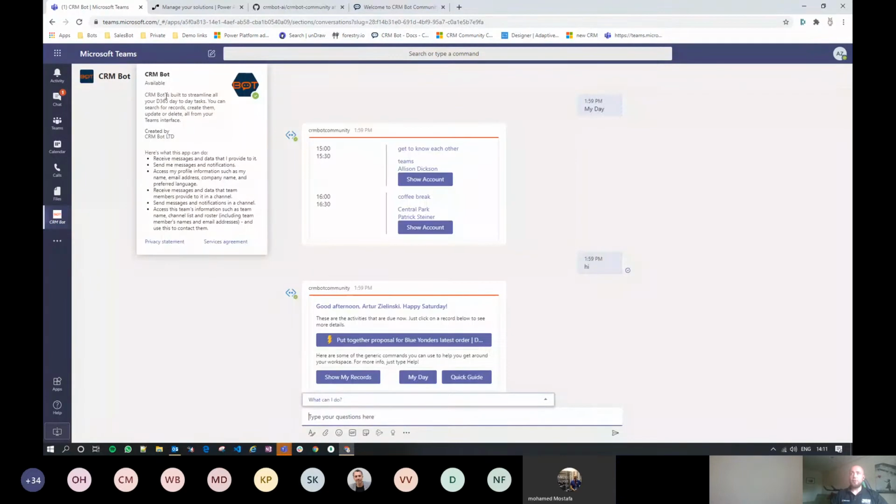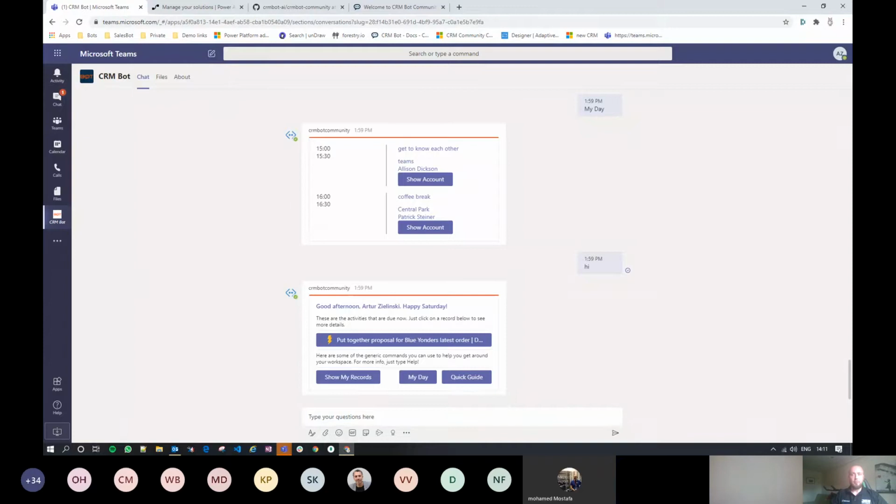You can see that what it's built to do is streamline your day-to-day Dynamics operation. So imagine you're a salesperson. Every morning you get this sort of message. I spent some time coding that it actually recognizes what time it is, what day it is, and your name. These small things really matter in terms of making your chatbot user-friendly. And then it starts by telling you the activities that you've got due now. And this will work directly with your CRM.